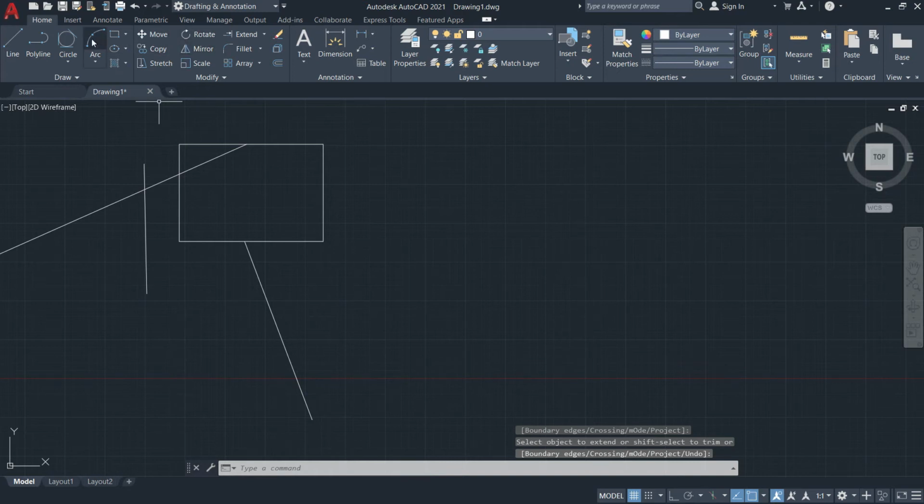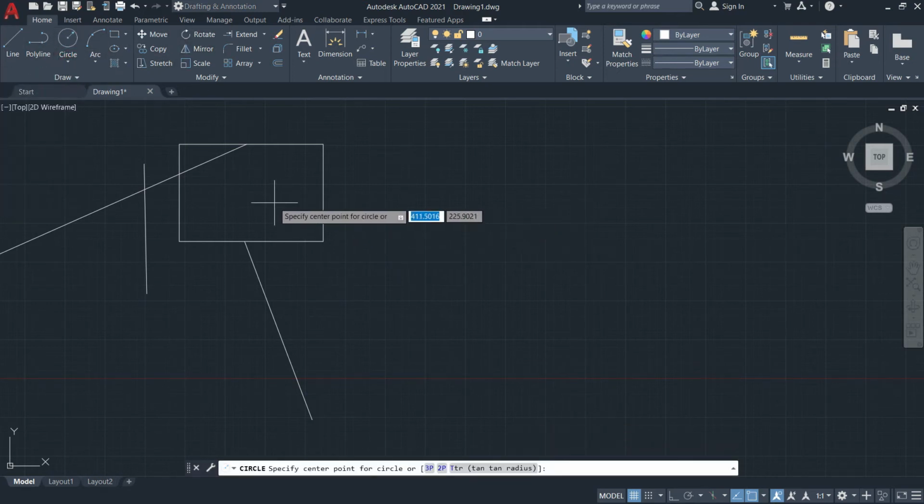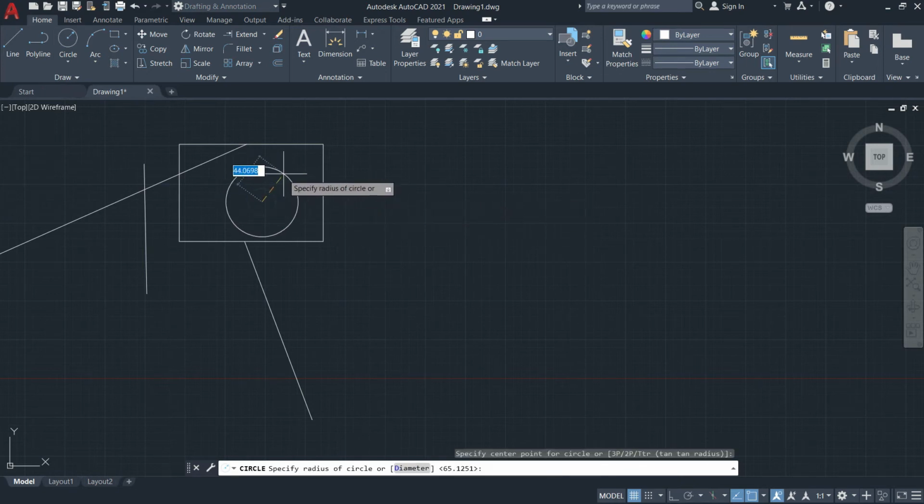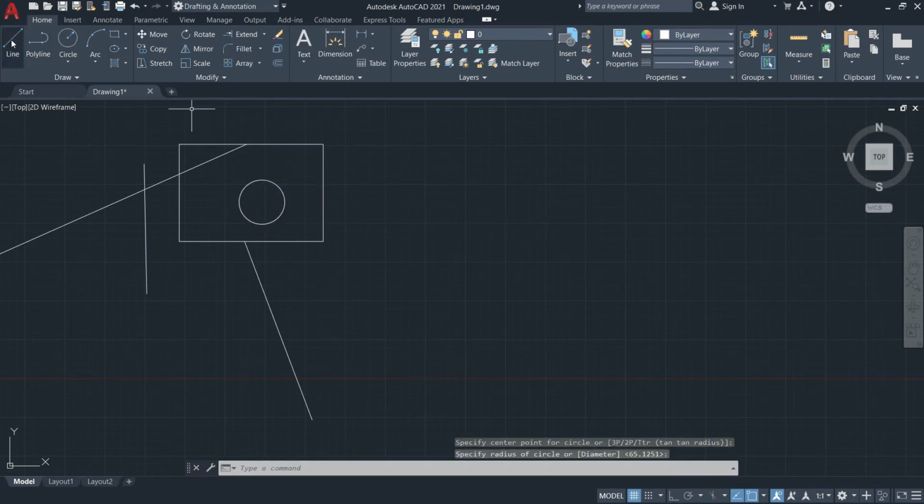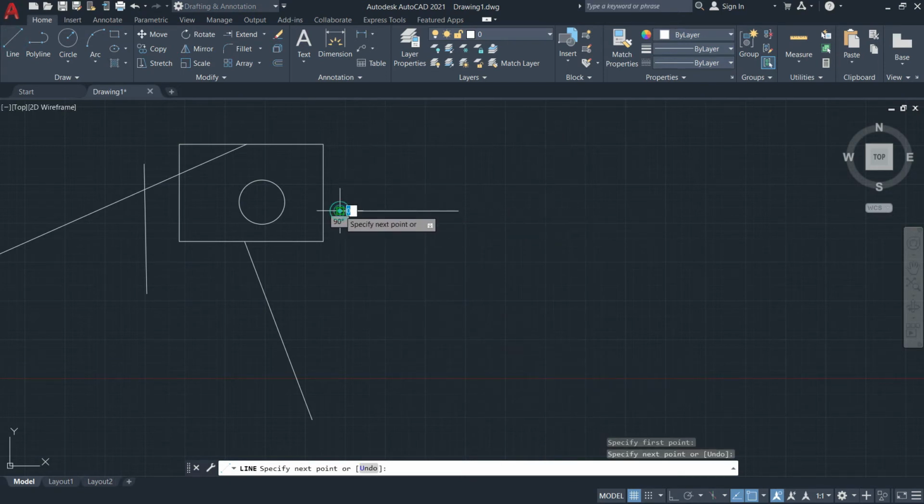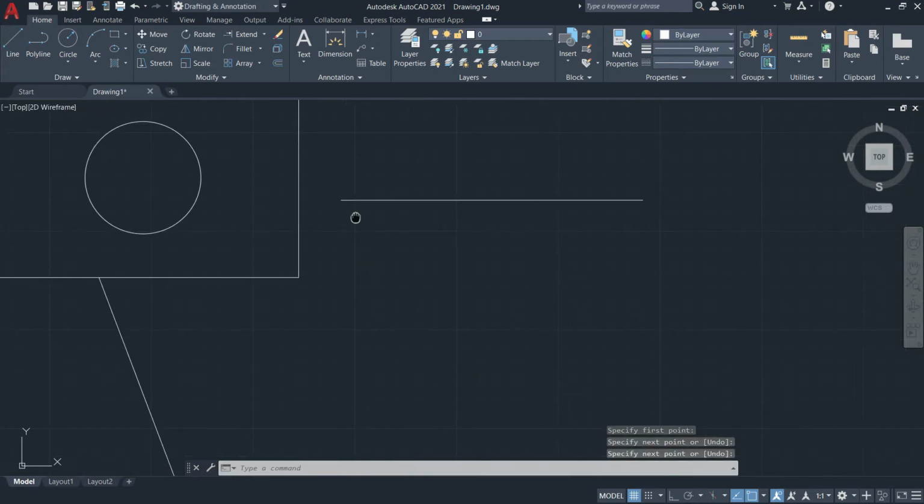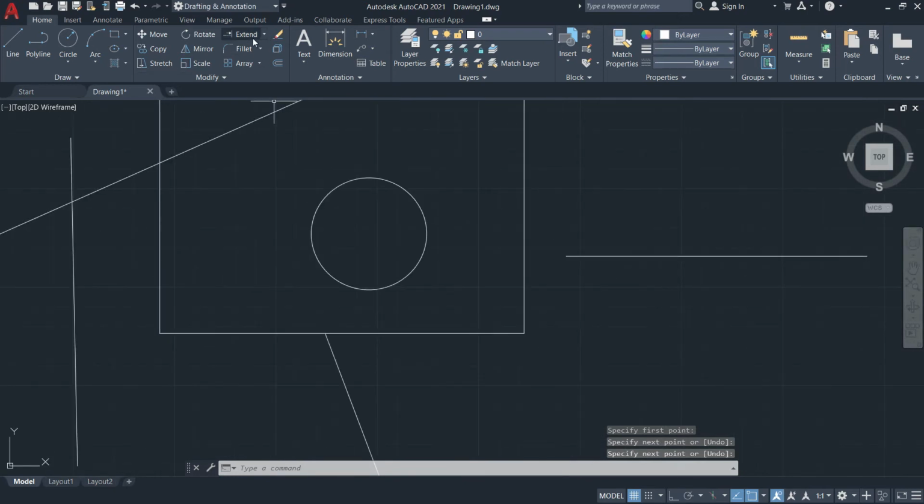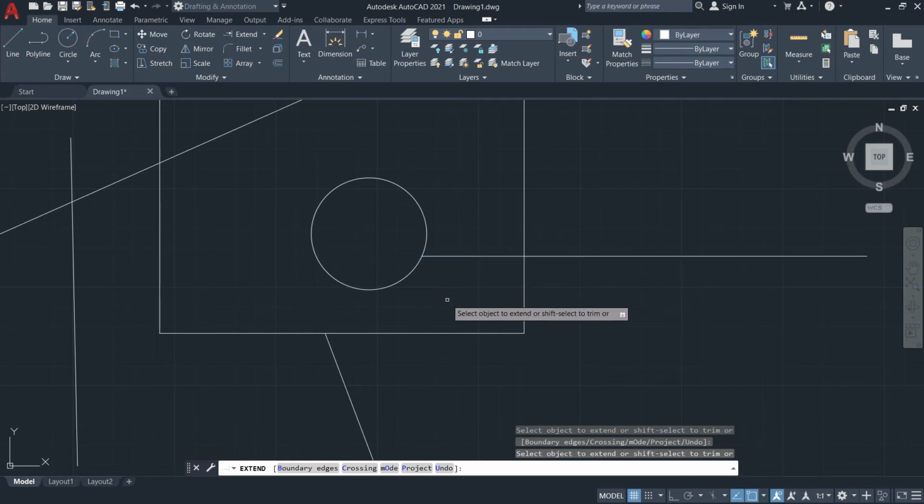So similarly, you could draw a circle. I wanted to draw a circle here, and then I'll draw another line here. So the tendency, if you're going to extend this line, is that it will first extend up to this boundary. So if I select this one and then select again, it goes until it reaches the circle. I'll just undo that one,